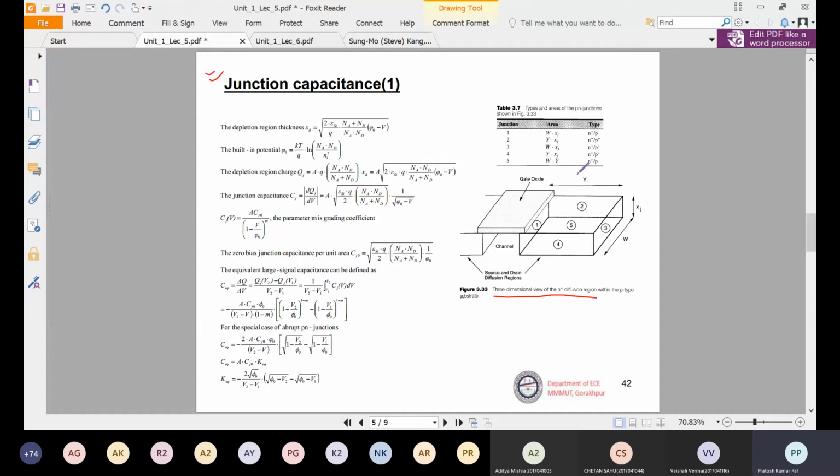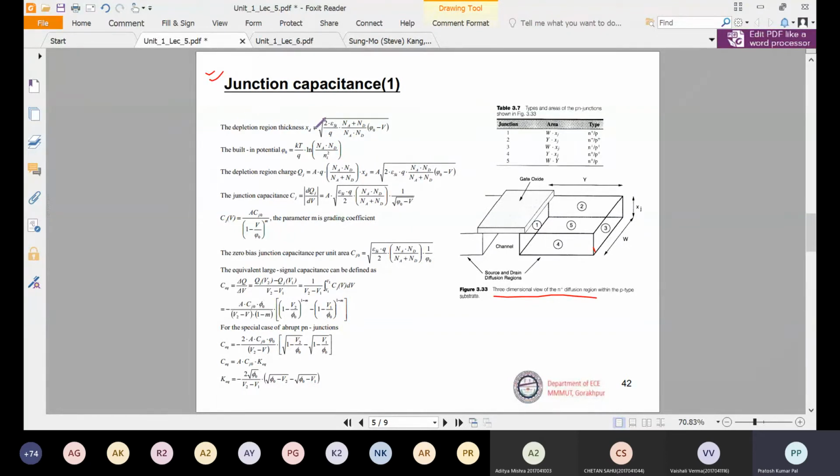If this is the three-dimensional box on the drain side, a similar structure will be on the source side also. Out of 6 faces, it will have capacitance value on 5 faces. At the top there is no extra layer connected, so the top face will not generate any capacitance, but all the remaining faces will have their capacitance contribution. We will analyze how it works.